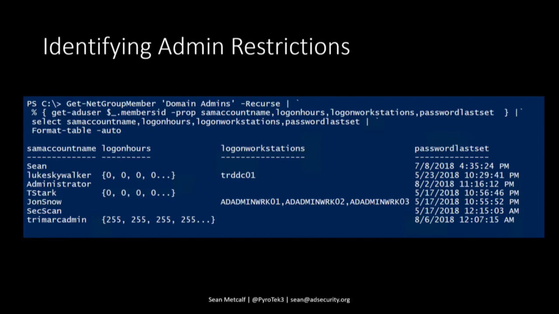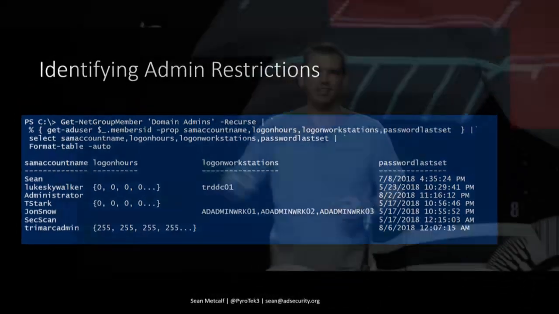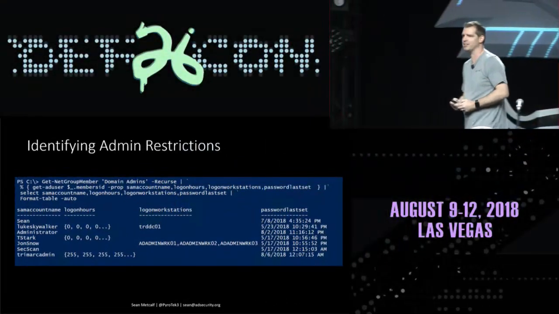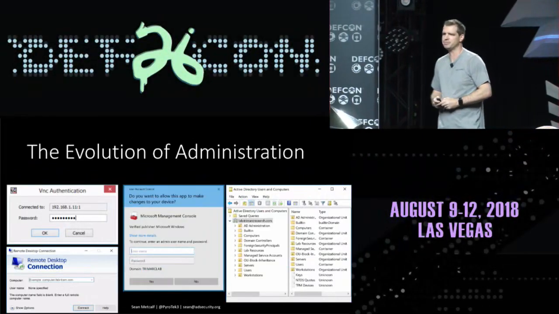The other thing you want to check is a lot of times you'll have deceptive accounts or honeypot accounts in the environment that will look like they're great. They're honey tokens in the environment. They're a member of the right groups. You can't do anything with them. Check these attributes. It's probably why they're locked down, why you can't do anything with them.